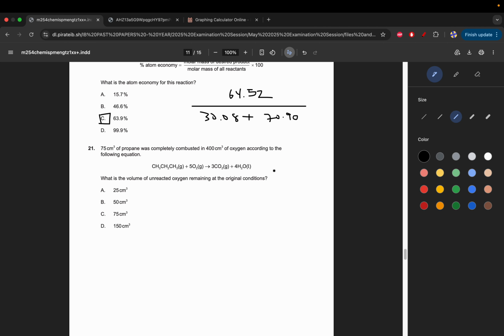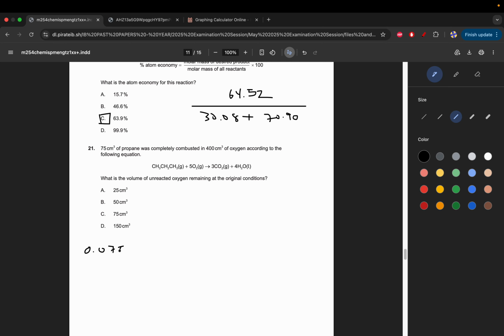75 cubic centimeters of propane was completely combusted in 400 cubic centimeters of oxygen according to the following equation. What is the volume of unreacted oxygen remaining at the original conditions? Okay, so well, this is going to be a long limiting excess calculation, but we'll do it. 75, okay, so this is going to be